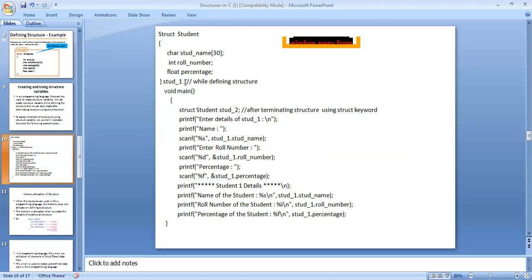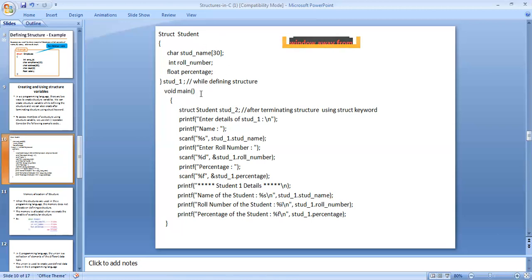In this example, while defining one or more structure variables, it means that one keyword or two keywords are used. Here student1 is one of the defined structure variables, and here we have to observe student2 is another structure variable. Student1, while being defined with the structure, is a global declaration. Student1 is defined as a global declaration outside of the function.